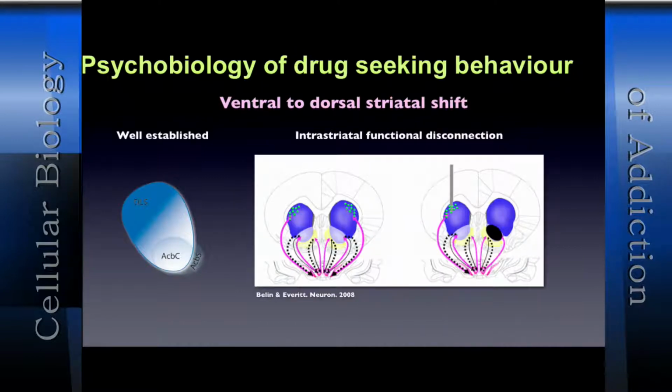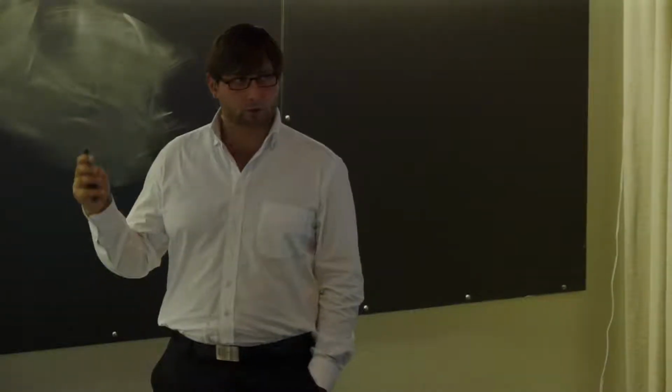So these are the principles of the demonstration that Suzanne Haber's loop might be the mechanism through which you recruit the dorsal striatum. We've been investigating whether blockade of dopamine transmission on both sides of the dorsolateral striatum had the same behavioral effect as combining a unilateral lesion of the core of the nucleus accumbens and a contralateral blockade of dopamine transmission into the dorsolateral striatum. Okay, the principle of disconnection, but within the striatum.